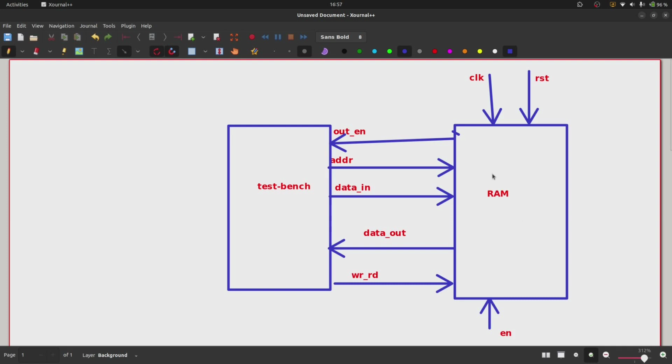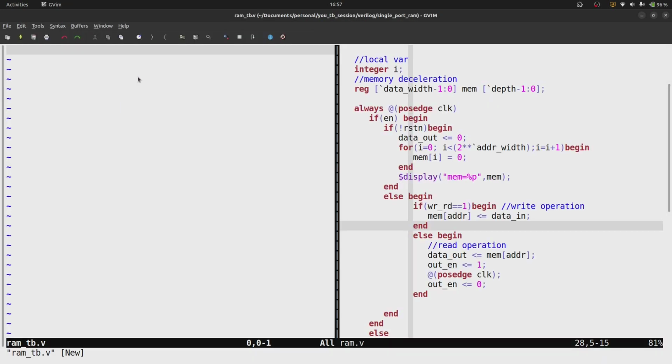Similarly, let's say the second signal is address, so we need to tell the address to the RAM. With respect to RAM, that is the input signal, and data in is also an input signal, but with respect to the test bench, these signals become output signals, right? Similarly for data out, write, read, enable. So we need to design the structure of the test bench, and we'll discuss that later. So first of all, let's say module